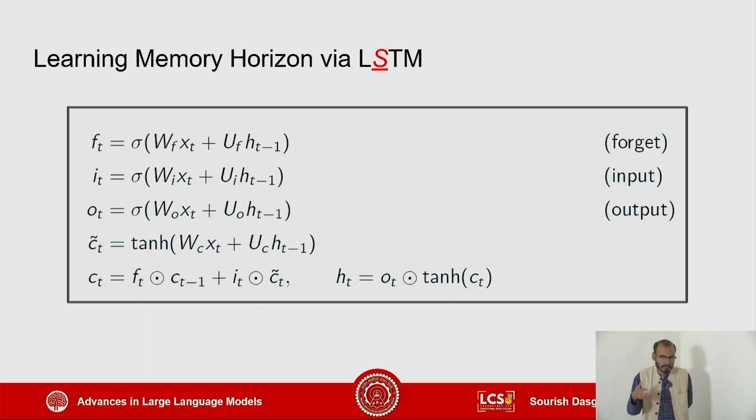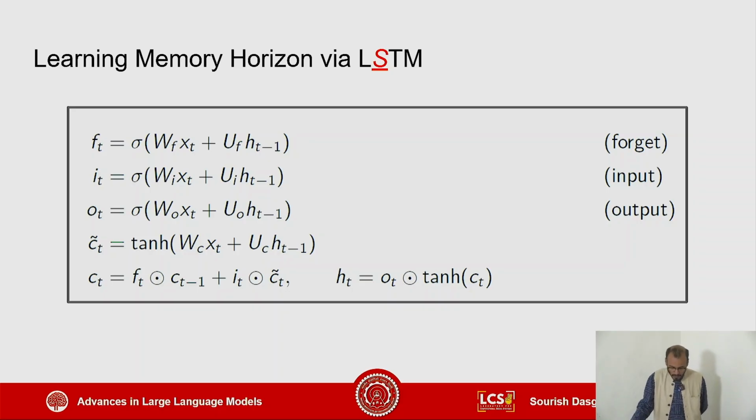And why noise? It could be something that disturbs some downstream task, that could be classification or regression, or it could be something that is not relevant to the next